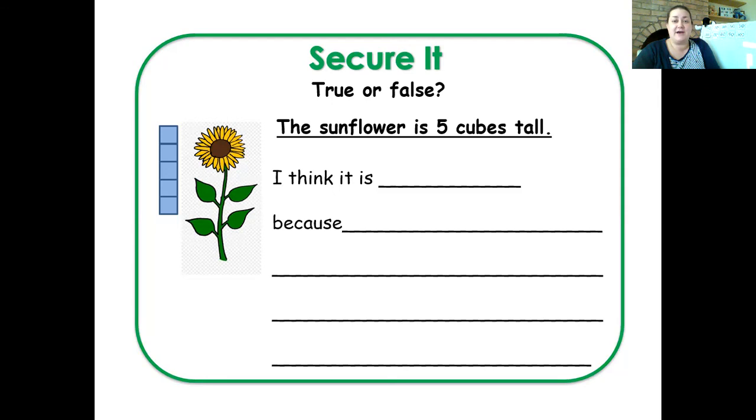So if you think the sunflower is 5 cubes tall, you're going to say, I think it is true. And you're going to give me a reason, because if you don't think the sunflower is 5 cubes tall, you're going to say, I think it is false, because, and then you are going to give me a reason. Okay, so have a good time doing that. Really think carefully. You don't have to write it down if you don't want to. What you can do is you can just tell a grown-up instead. But what you need to make sure that you do is you need to look really carefully and really think about what we need to do